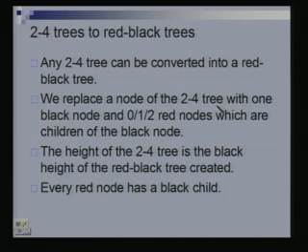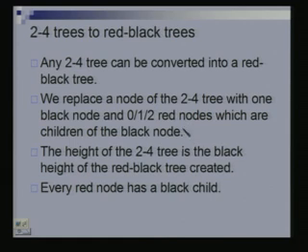We can also go the other way around, that is, given a 2, 4 tree, you can make a red black tree. So, what are we going to do? We are going to take a node of the 2, 4 tree, replace it with one black node and then an appropriate number of red nodes. What do we mean by appropriate number? If there were 2 keys in this 2, 4 tree node, then I will have 1 red node. If there were 3 keys, then I will have 2 red nodes. If there was only 1 key, then I will have no red nodes, and these red nodes will be the children of the black node.